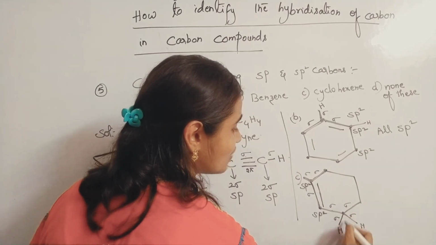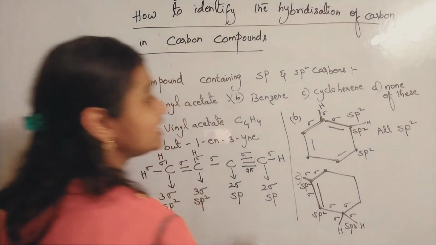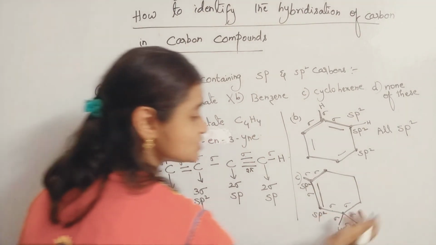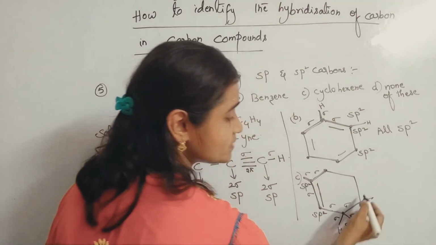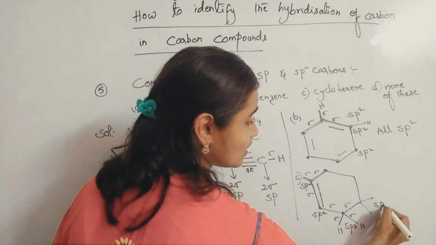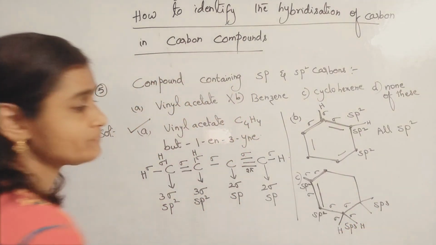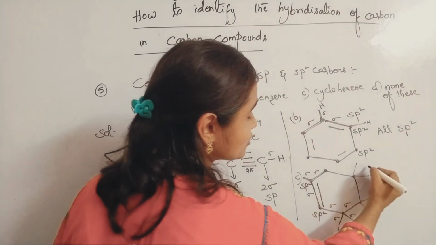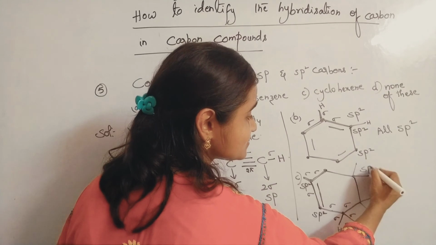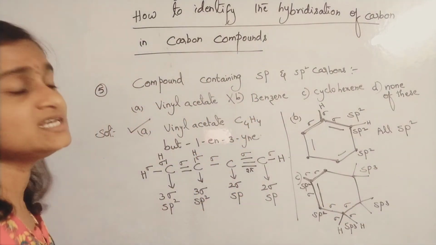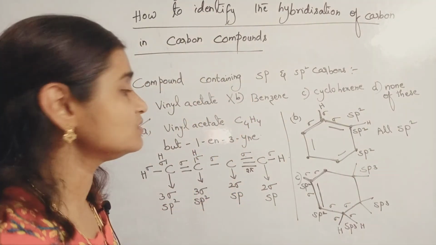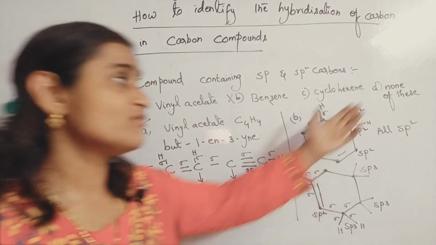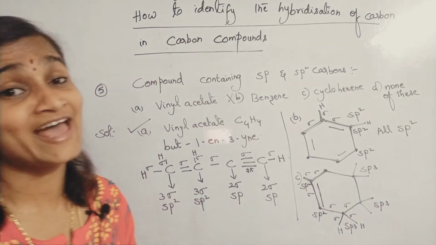Then this will undergo sp3. He didn't ask for sp3 in the question. One carbon is showing sp3. Even this one has to be bonded with 2 more hydrogens, so it will also undergo sp3. And this carbon also, 2 bonds were already done, so 2 more bonds are to be made with 2 more hydrogens and this will also undergo sp3. He didn't ask for sp3. So the cyclohexene option is also ruled out. And option D is none of these, thank God.